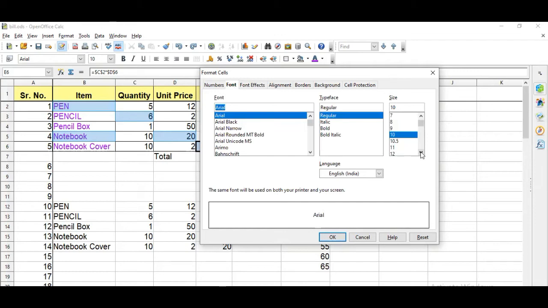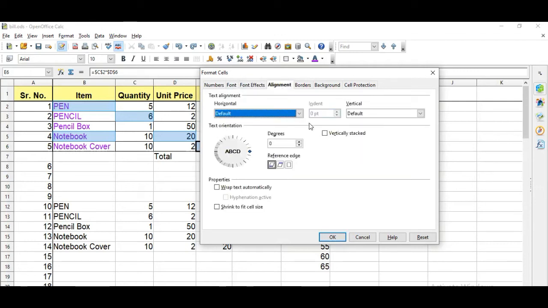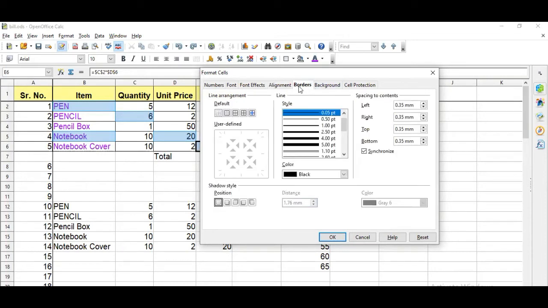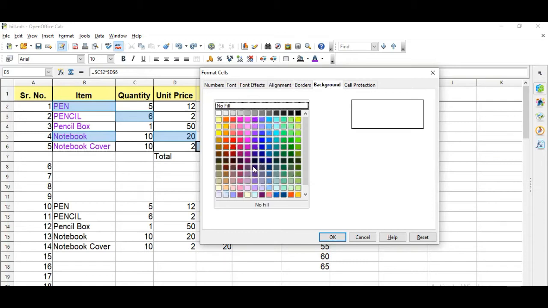For example, right now it is 10. If I want to make it 13, font effects, alignment, for example, center alignment, horizontally centered and vertically middle. Then borders, if you want to place them around it, background also you can keep.